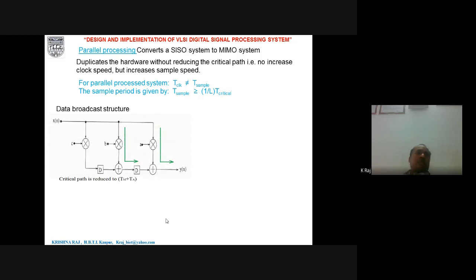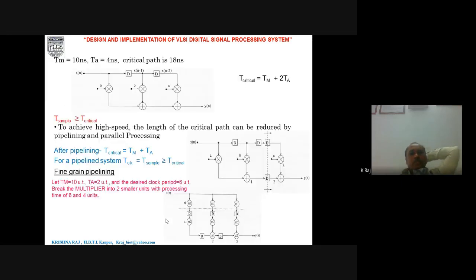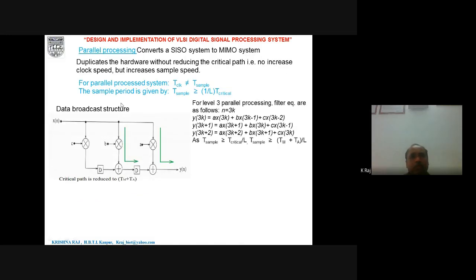For example, say again we consider the broadcast architecture. If we see the previous one here, this is also a 3-tap filter, and now in order to get the broadcast architecture, if we change the rows by the columns and columns by the rows, and we change the direction of the input and output, then we will get a new circuit, and this circuit is known as the data broadcast circuit here. That is, there is no delay in this line, meaning the data will be available to all the branches at the same time. So this will be known as the data broadcast architecture here.